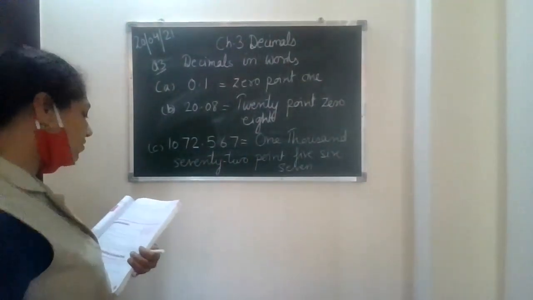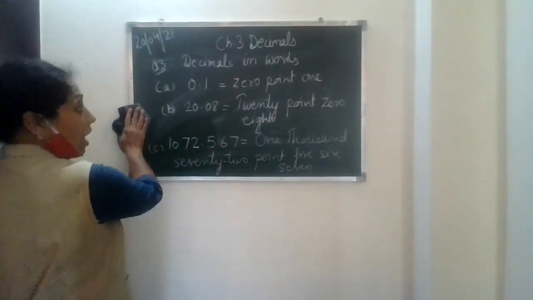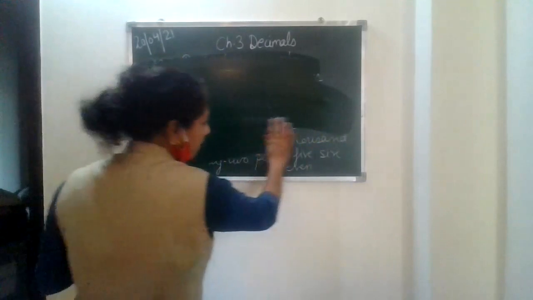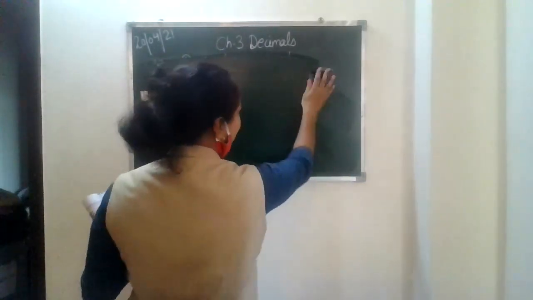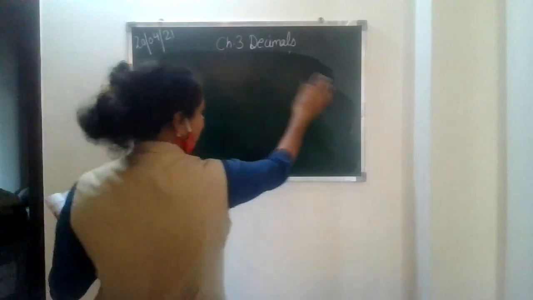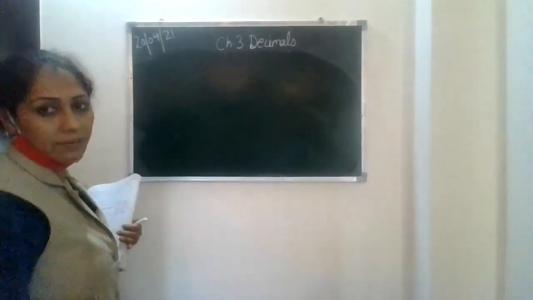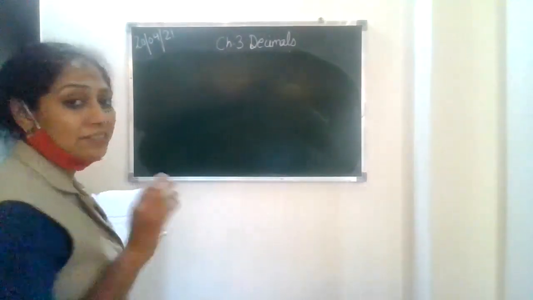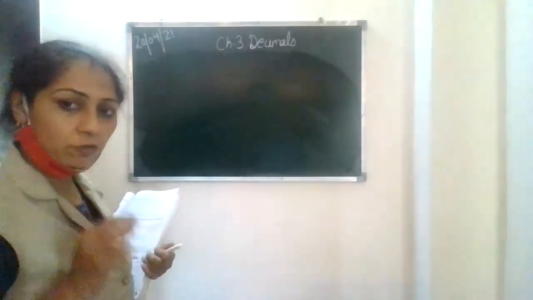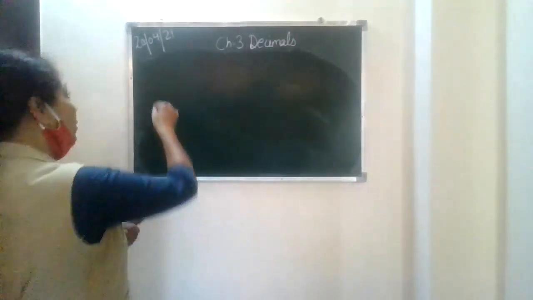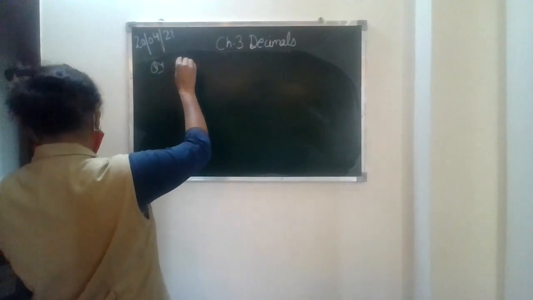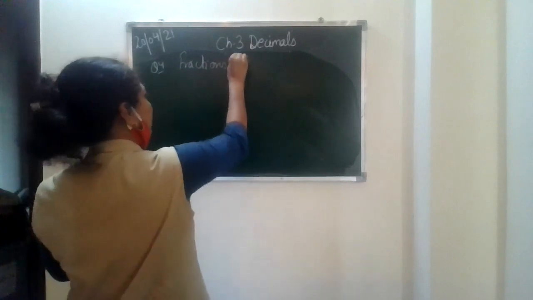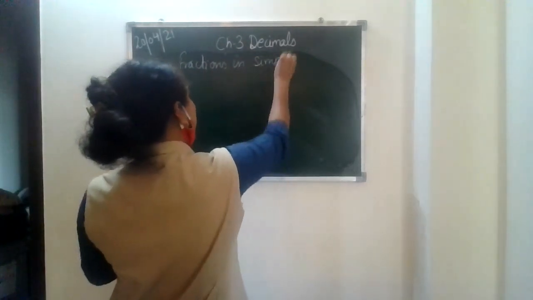Okay. Now, moving on to the next question. Write the following as fractions in their simplest form. Okay. Now, watch carefully. I'm going to tell you 2-3 more facts which are very important till you learn maths in your senior classes also. This that I'm going to tell you will come in 11th and 12th also, okay? Though the question sounds very simple, there is certain theory behind it which I'm going to tell you with proper terms. So please listen carefully. Write the following as fractions in simplest form.